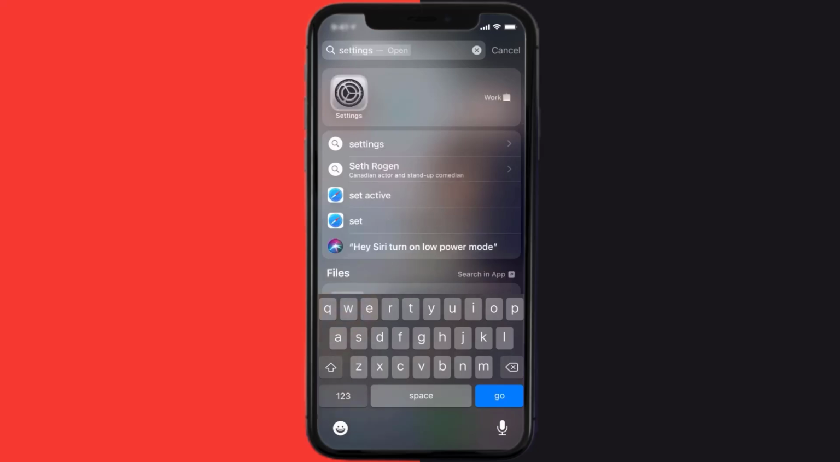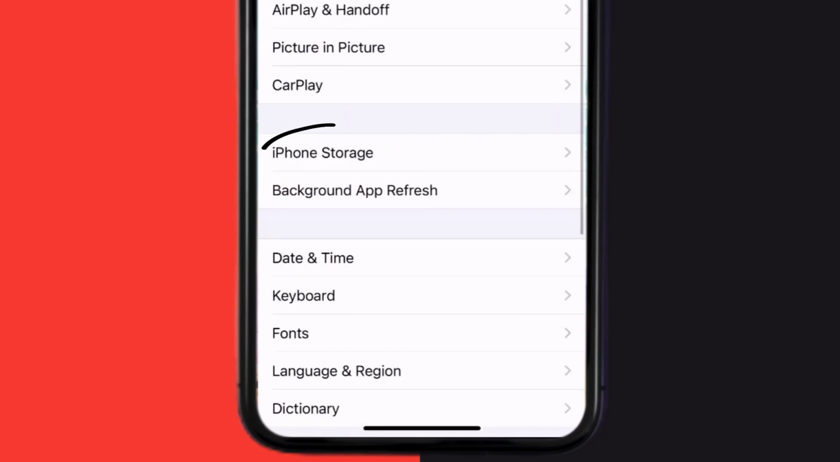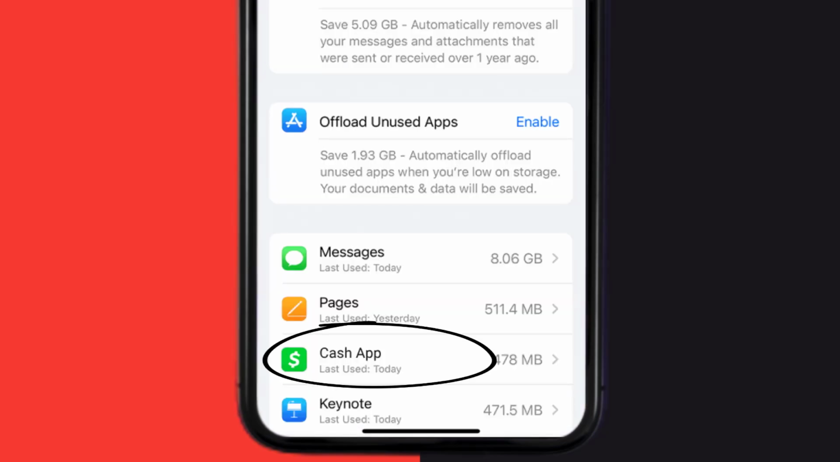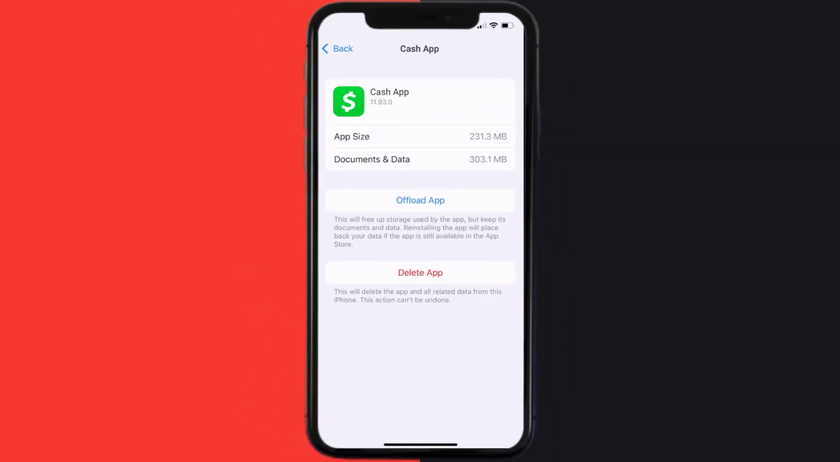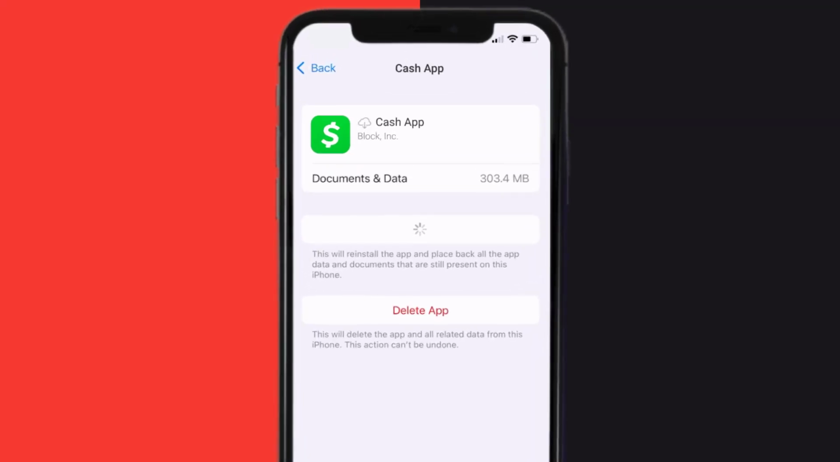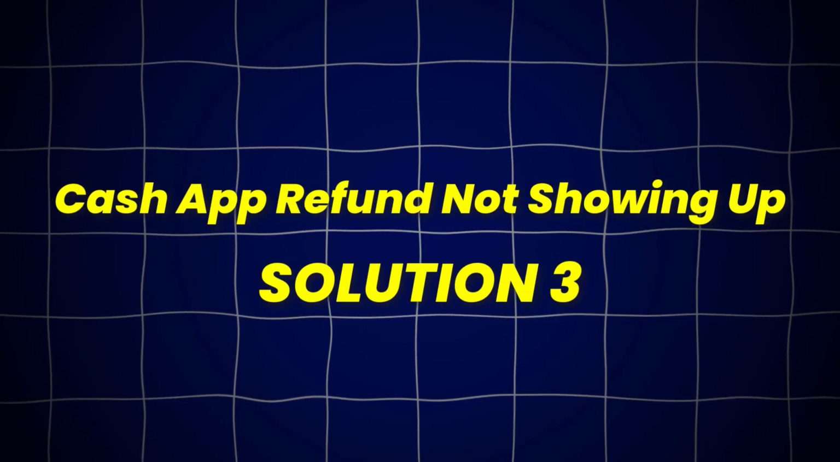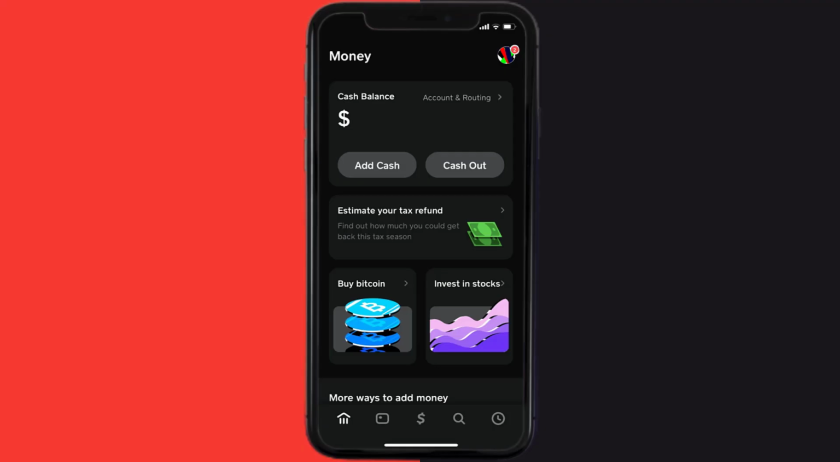Go to your device settings and then scroll all the way down to General and tap on it. Then tap on iPhone storage. From here, search for the Cash App and then tap on it. Once you're on this screen, you need to tap on Offload App. Tap again to confirm. It'll take a bit for processing, and then a reinstall button will show up. Simply tap on it to reinstall the app. This should fix Cash App refund not showing up, but if it doesn't,